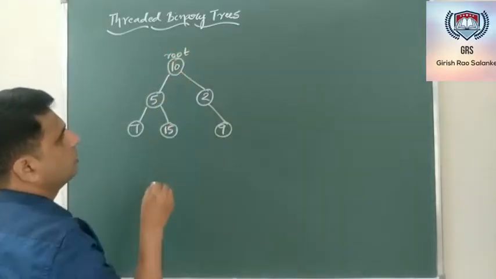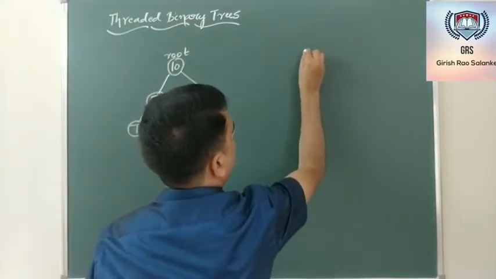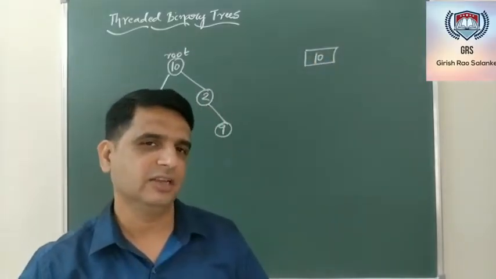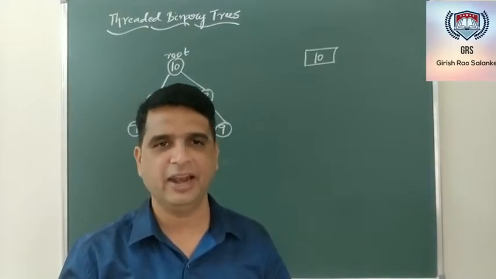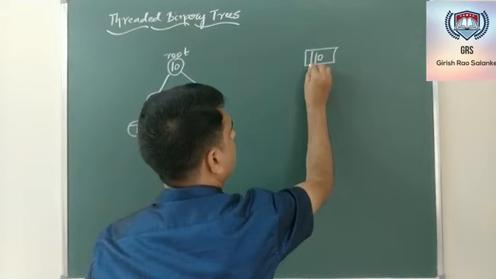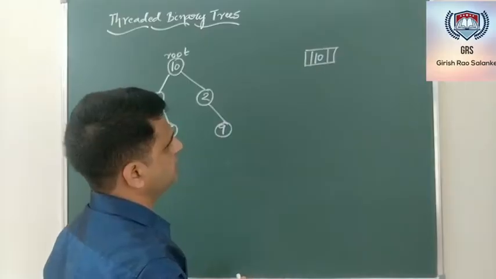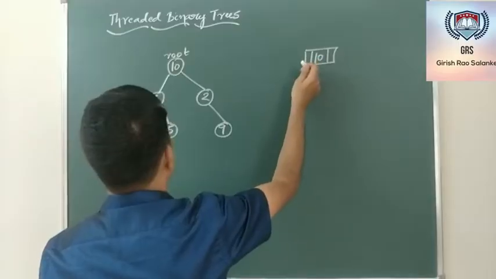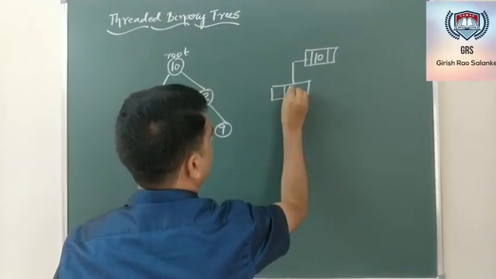So this is my root node. If I represent this binary tree in the list representation, we know that each node has 3 fields. One is the data field, wherein the information is stored, and 2 more fields, the left and the right, which store the address of the left child as well as the address of the right child. If you see clearly, this node has 3 fields. One is the data field where the information is stored. I am assuming that the information or the key is 10. This is the left address which holds the address of one more node wherein information 5 is there.